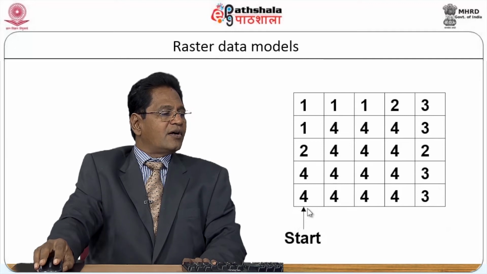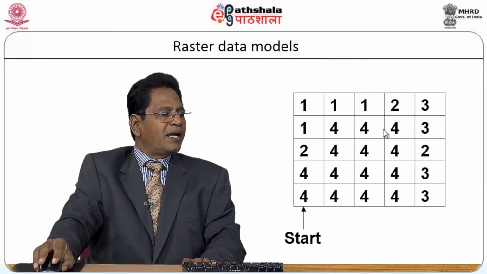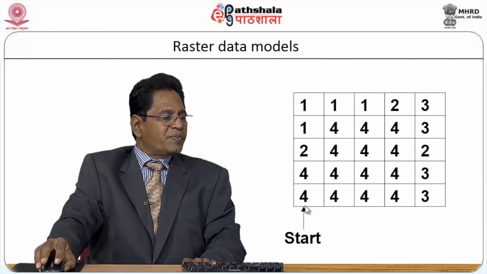The starting point here is the origin, and it says this is not considered. From this point, this particular value 4 which has been considered in this map, you will have to describe the direction in which it is moving, or it is disposed rather. 4, this is the value. With respect to this, it goes to the north 1 cell, again east 1 cell. You cannot go like this, because if you go like this you can't come back. So, you will have to cover the entire area, isn't it? See how excellently they devised this.